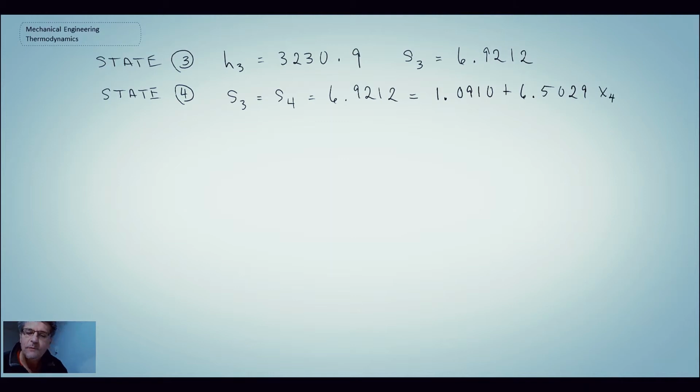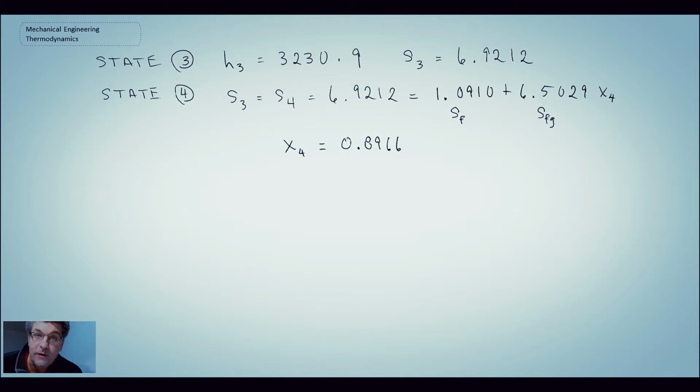And so those are the values off the steam table for SF, and then that would be SFG. And from that, we can then solve for the quality at state 4,